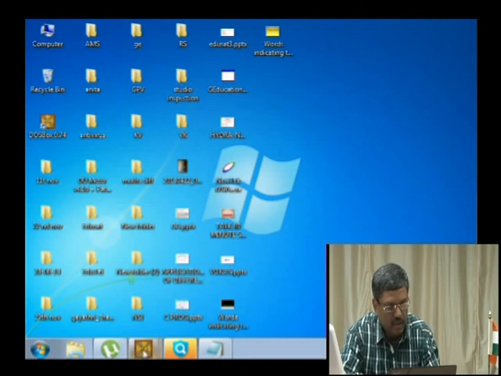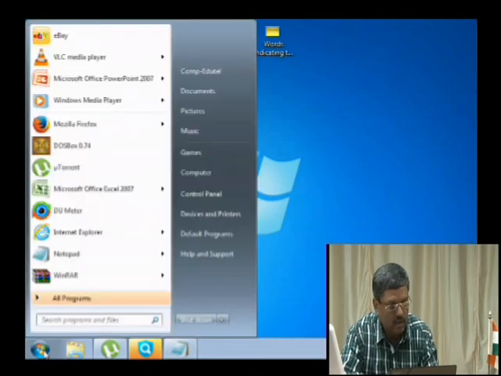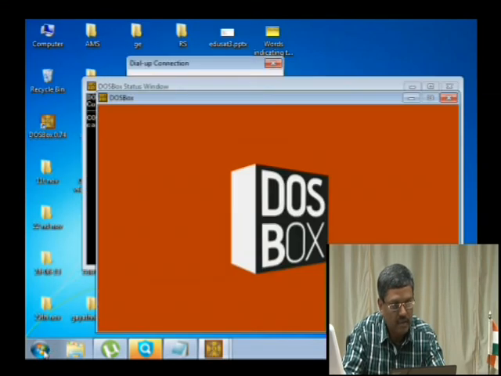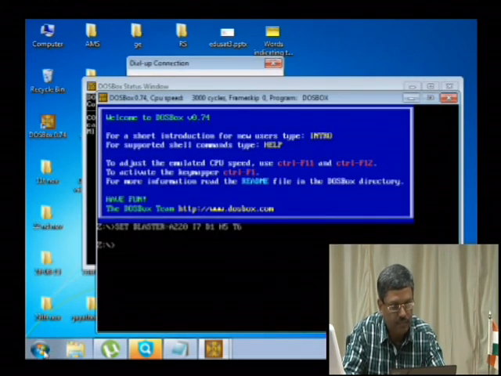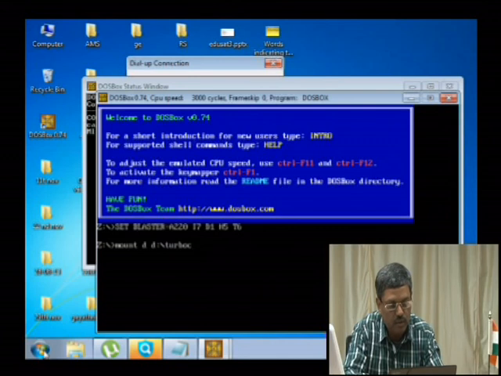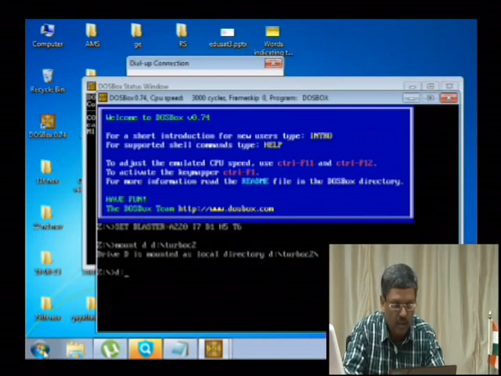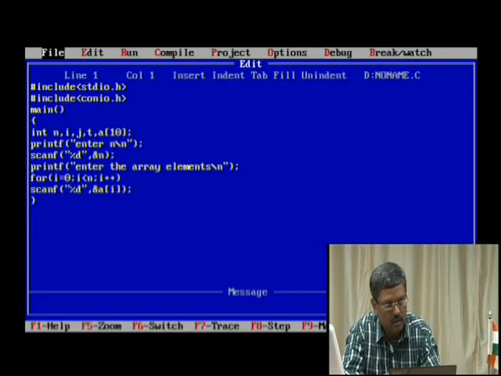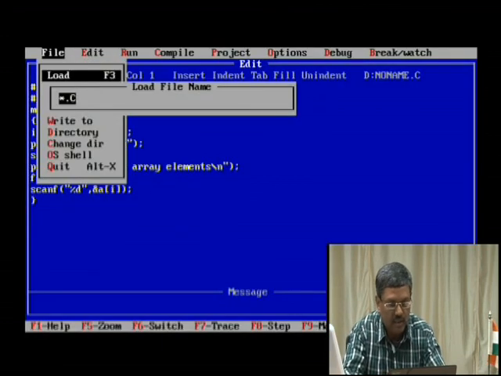Anyway, I have a chance to show you how to set up or start under DOS. You know that I always use a DOS box. Run this. I have loaded. Here you have to give the mount command, then D is the drive, and D colon turbo C2 is the path. Then log on to D drive, then type TC and hit enter. So how to load that? Say F3 and then I think ED4.